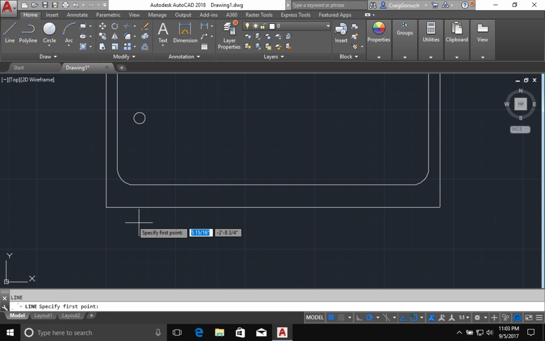L for line. I'm just going to hold my mouse over that corner so that that snap will show up. Move my mouse to the right. Remain on that axis. Type 8 at the command prompt, press return. I'm just going to go down some amount. This is a temporary line and it's going to be erased. So what this line actually is,